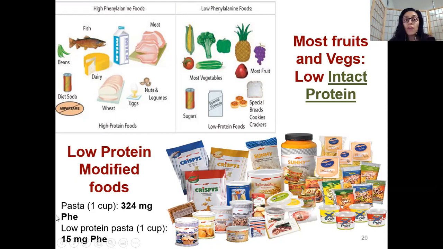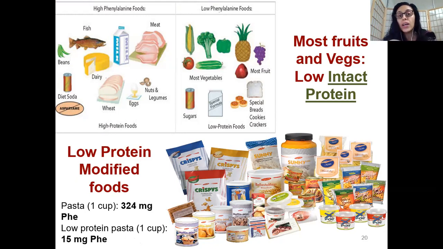All right, then you have, for example, most of your fruits and veggies. These are considered low phenylalanine foods, so these are more acceptable. Your high phenylalanine foods are all foods which are rich sources of protein. Obviously, this will include your meat and meat products. This will include dairy, but this also includes things such as lentils, chickpeas, legumes, and all of your vegan protein sources.